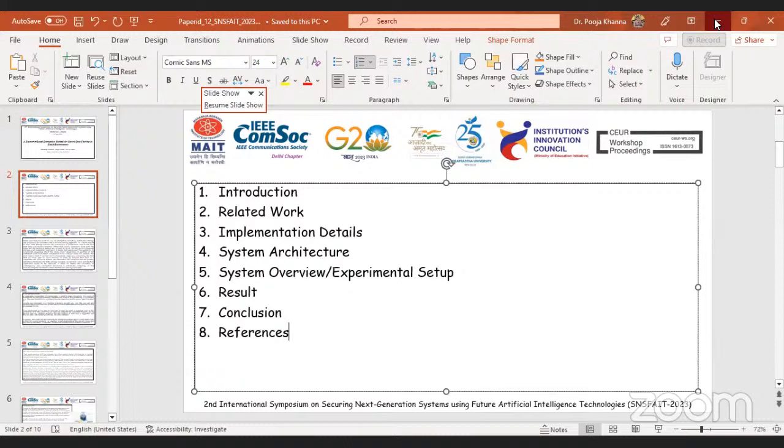I'm from MAIT University, and this work is basically a biometric-based encryption method for secure data in a cloud environment. In what capacity are you presenting this? Are you a scholar or a faculty? Sir, I'm working as an assistant professor in MAIT University, and this work is basically